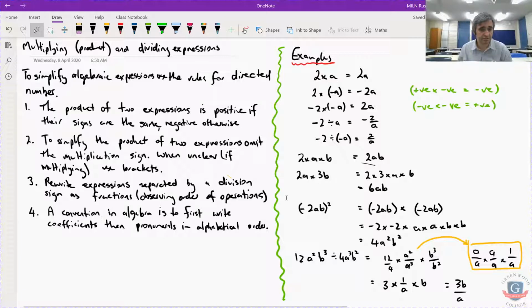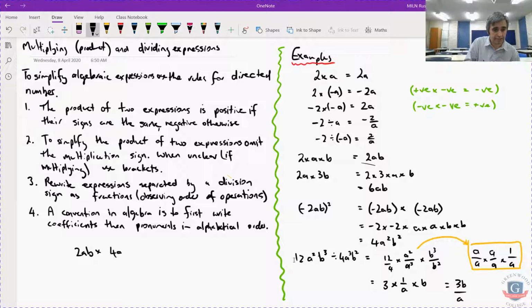Now, convention in algebra is to first write coefficients, then pronumerals in alphabetical order. So you'll see over here, well, in all of these cases, in fact, we've got a coefficient and then the pronumerals in alphabetical order for each expression. Let's have a look at one that's not. Just say we had 2ab, that's not a b. We had 2ab times 4ac, that would equal 2 times 4 times,